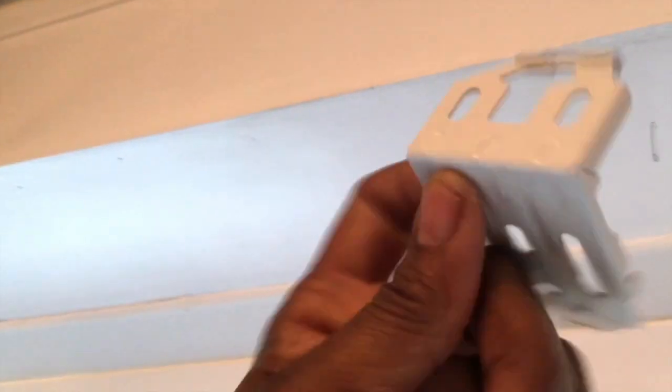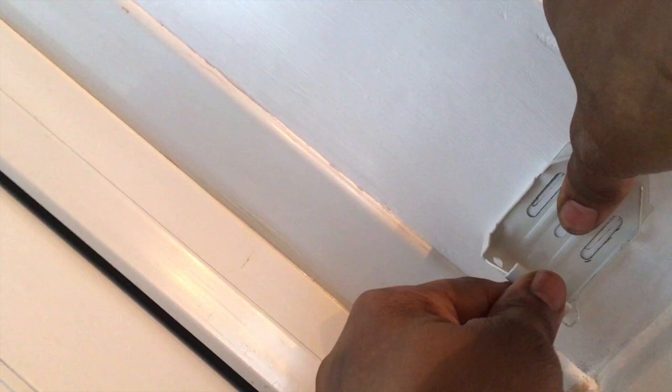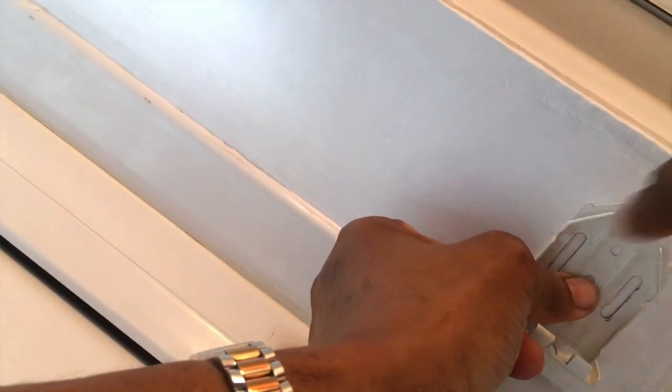Then here I have my bracket, and this section here is the top section. So that's going to be up on the wall. I've put the back of this on my marking, and that's how far I want the bracket to come